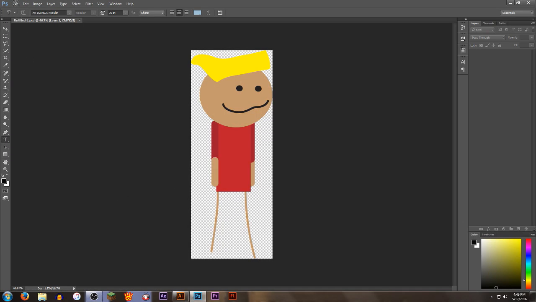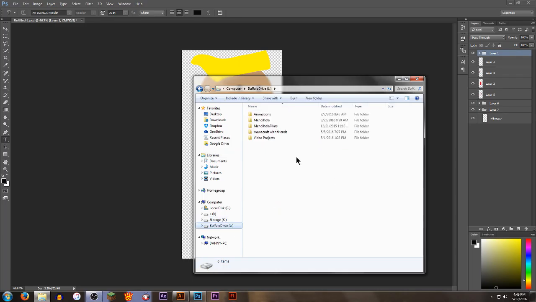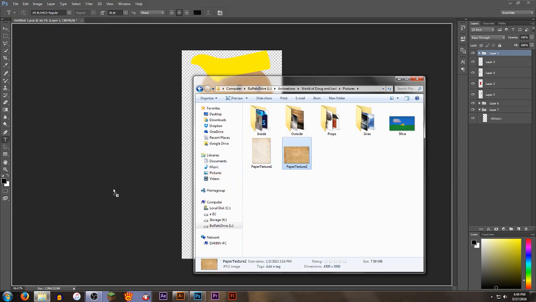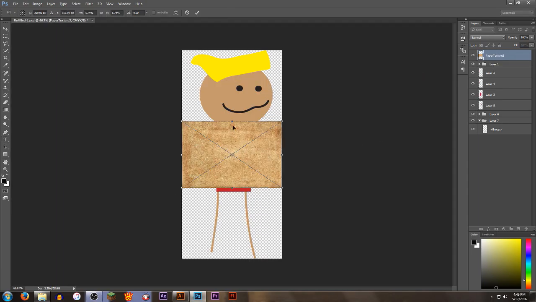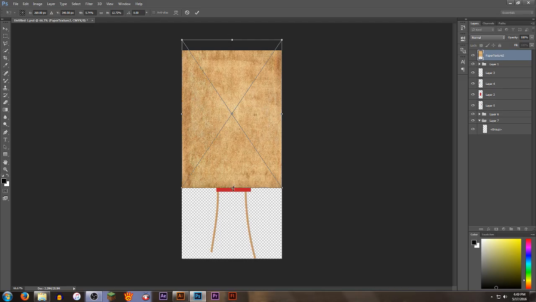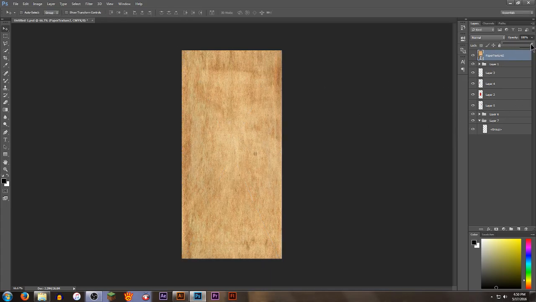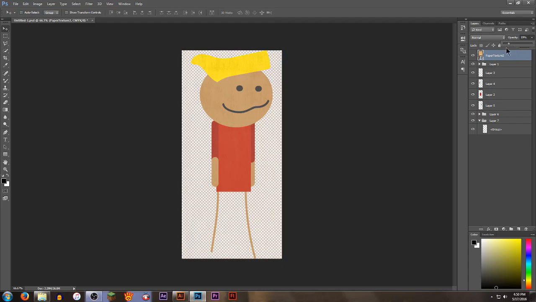Once we have this open in Photoshop, you'll notice that it looks really sad, and we want to make it look real nice. So we're going to add a texture to make it look real nice. So first we gotta put our paper in, and you're wondering, whoa, how's that gonna help at all? It just blots out our masterful creation. What we're gonna do is turn down the opacity so we can see our little character, and then we're gonna